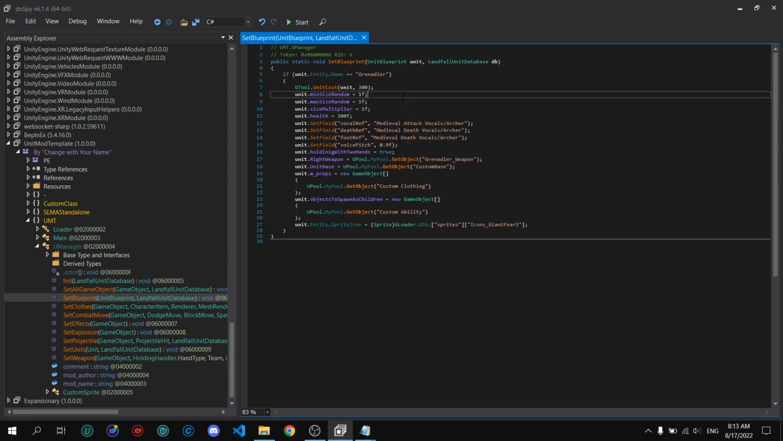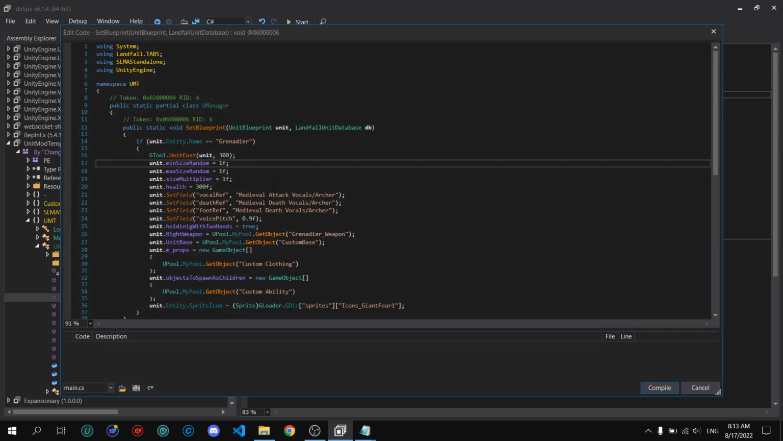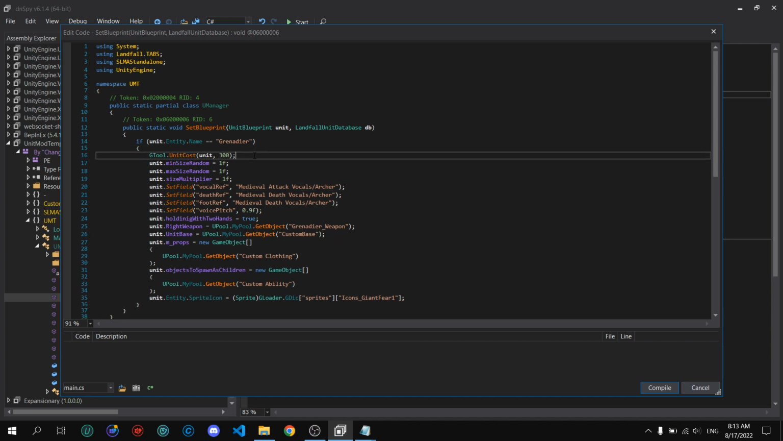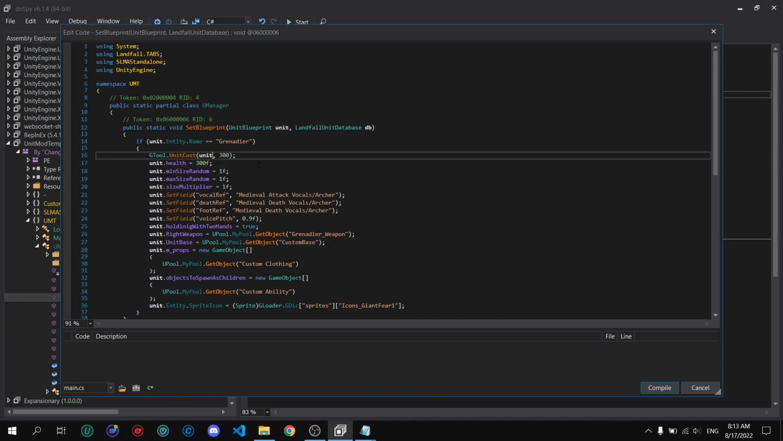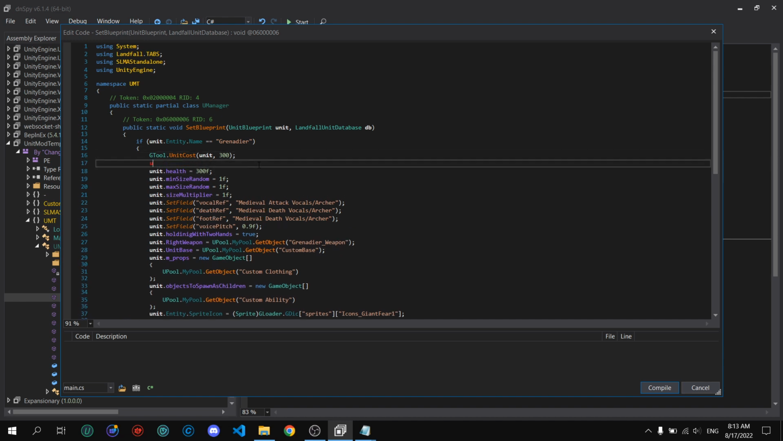Now, if you guys wonder where can I find help and stuff, just do this. Like just unit. So basically it's going to give you all of the changeable public variables, what you could change and what you could edit or modify. Now if you want to edit